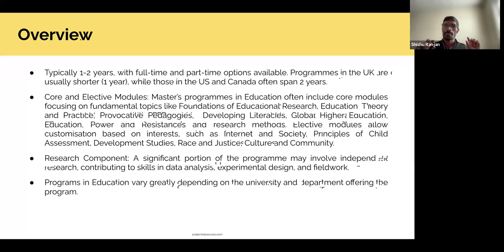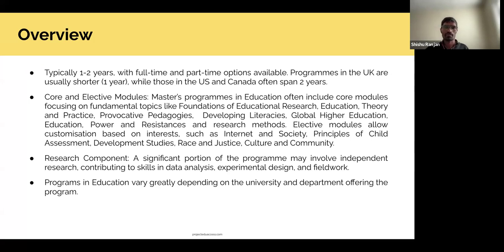Some courses may not involve a dissertation. It means they'll just do research modules, but will not have a compulsory dissertation. So you need to check whether you are interested in research or not. If you are, then yes, you need to pick something which will have a dissertation.